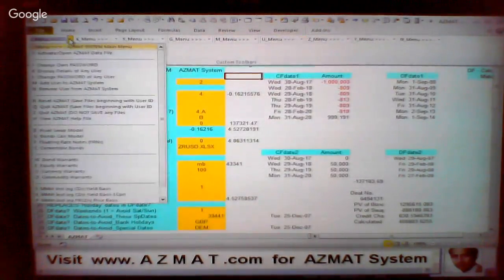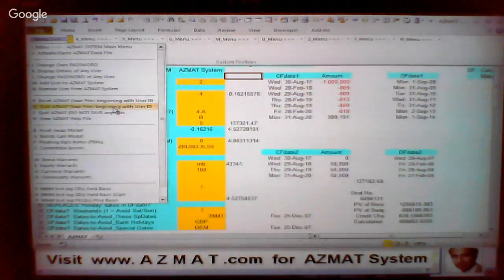Then use from the J menu the quit command, whether you want to save, do not save any files, provided you've already saved the file you wanted to save, or save files beginning with user ID. That means save all files beginning with your user ID, remember? So in my case, it will be all files beginning with AA, not just the data file, but I could have had other,